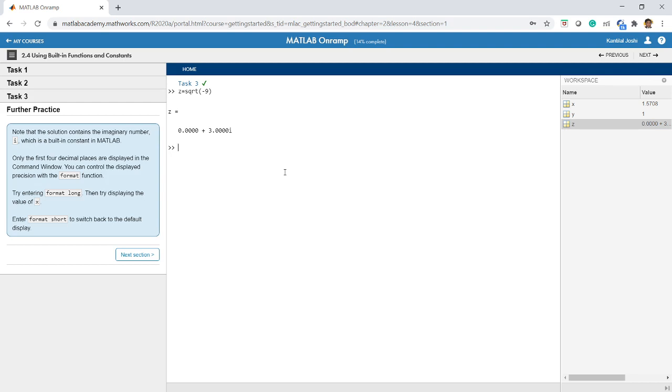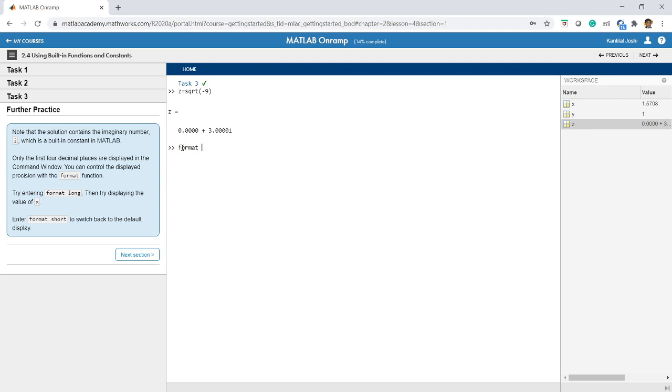Note that the solution contains imaginary number i, which is a built-in constant in MATLAB. Only the first 4 decimal places are displayed in the command window. You can control the display precision using the format function. Try entering format long, then try displaying the value of x. So you see only 4 decimal places are shown. What if I want to see more decimals?